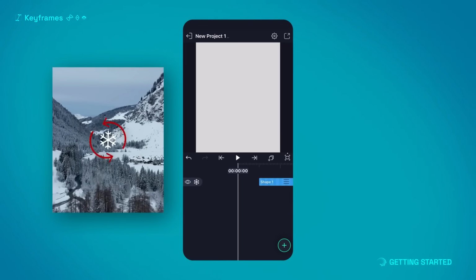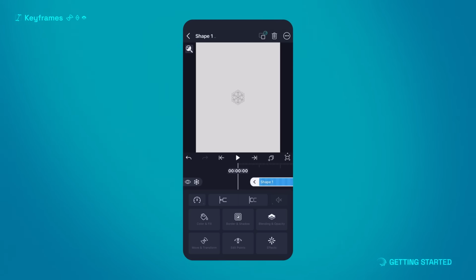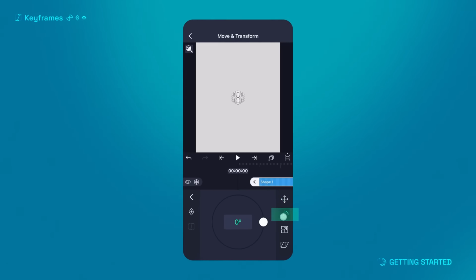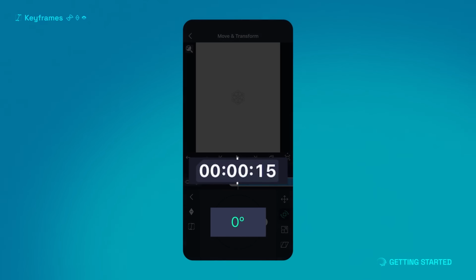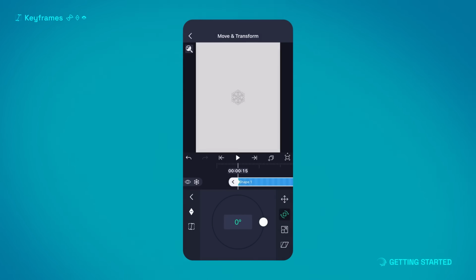First, let's take care of the rotation animation. Select the snowflake layer, tap Move and Transform, and then tap the rotation icon. Scroll the timeline so the playhead is at the 15 frames mark, which is the first frame of the layer, and then tap the Add Keyframe button. A white diamond will appear on the layer at the current time, and just like that, you've added a keyframe. This one tells Alight Motion to give the snowflake layer a rotation value of 0 degrees at the 15 frames mark. Now scroll to the 1 second mark where we want the rotation to end and set the value to